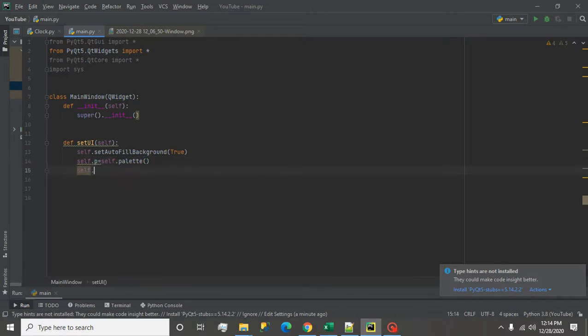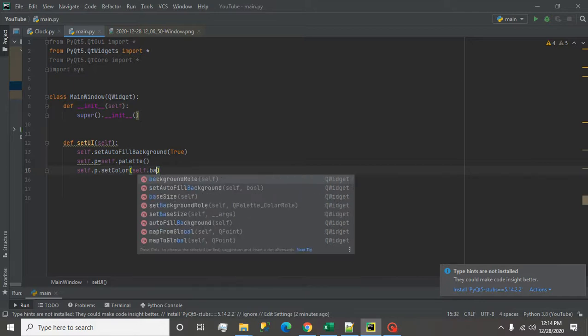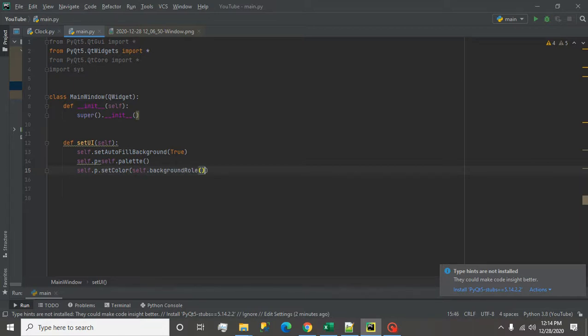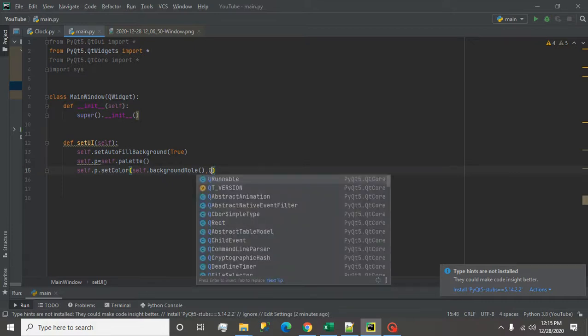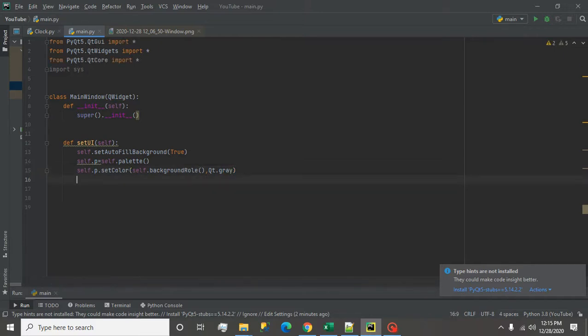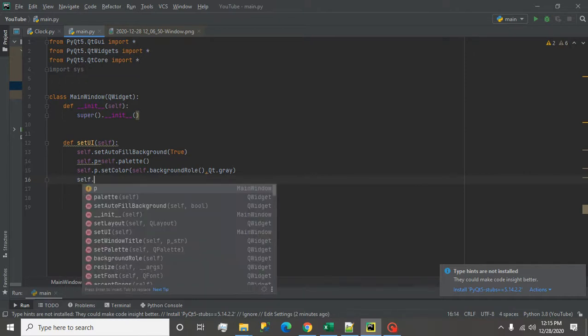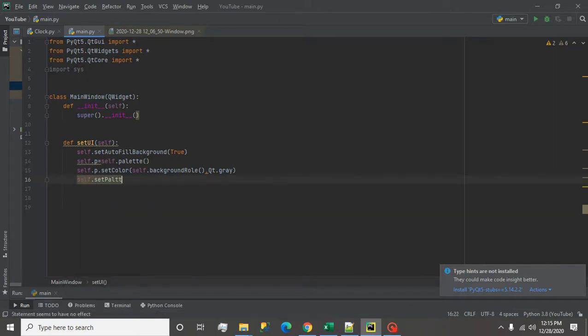So I write self.p.setColor, and here I pass self.backgroundRole, and then here I write the gray color, so I write Qt.gray. Now I'll write self.setPalette, and here I pass that variable self.p.